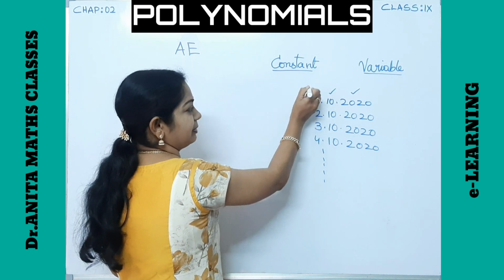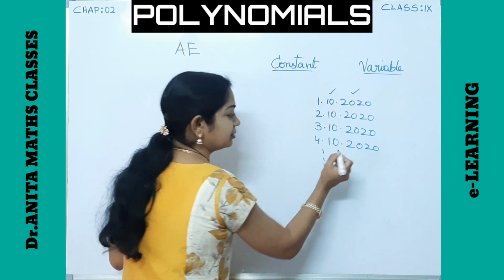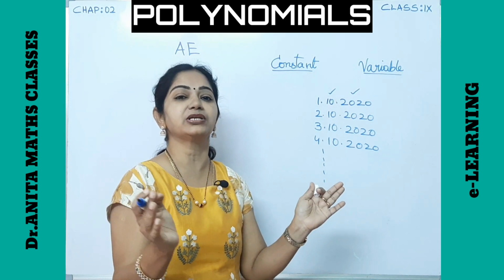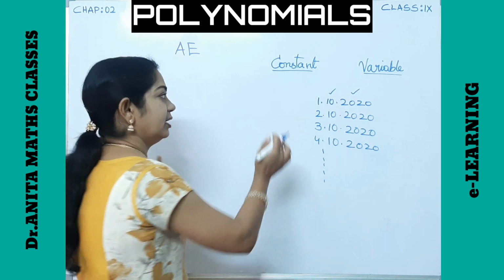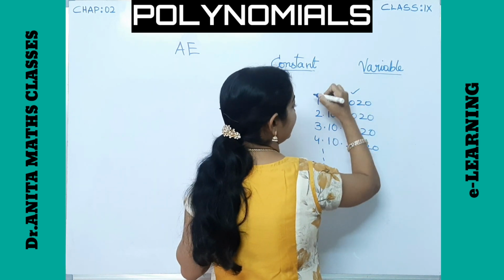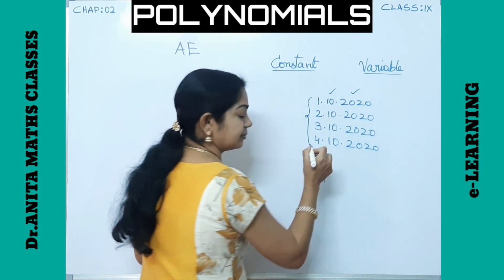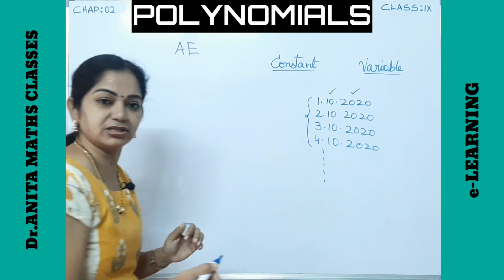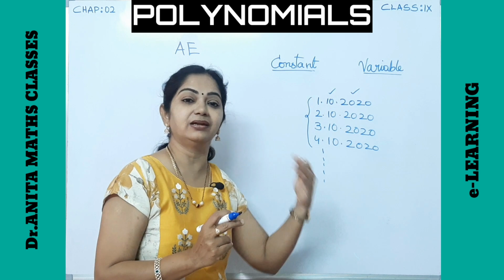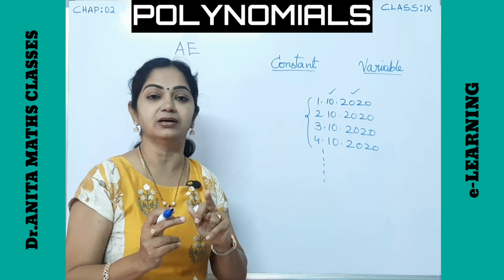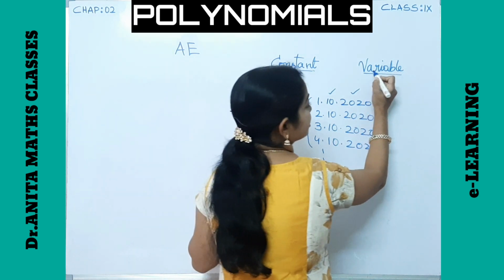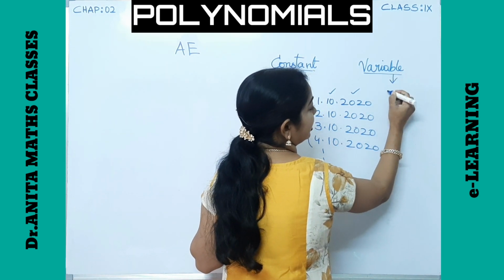So that means constants are here. You need to understand, constant means it is fixed. In any situation, the number is fixed. A constant number means it is a fixed number in any situation, whereas variable means it keeps on changing from situation to situation. Here one day it is first day, the second day you call it as the 2nd October, 3rd October. It is changing, it is varying, so that means it is called as a variable.